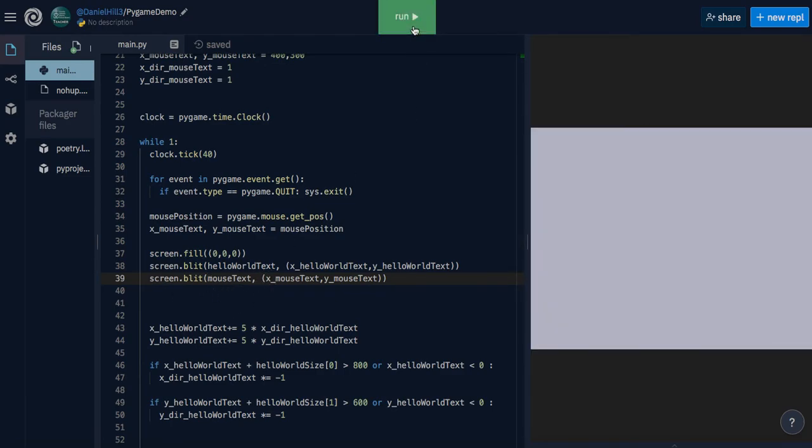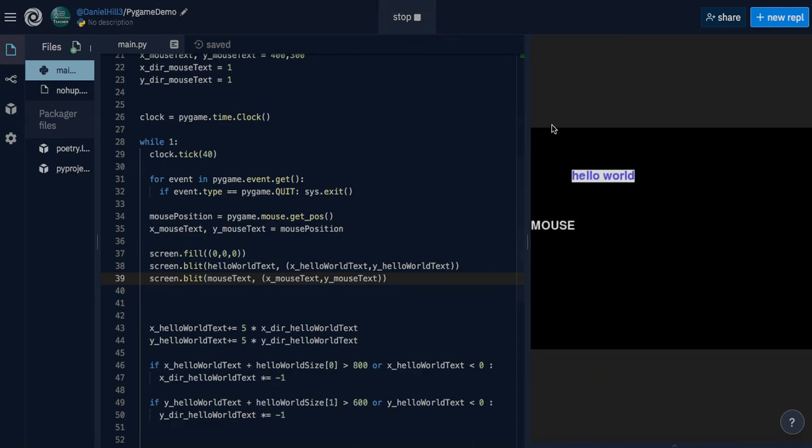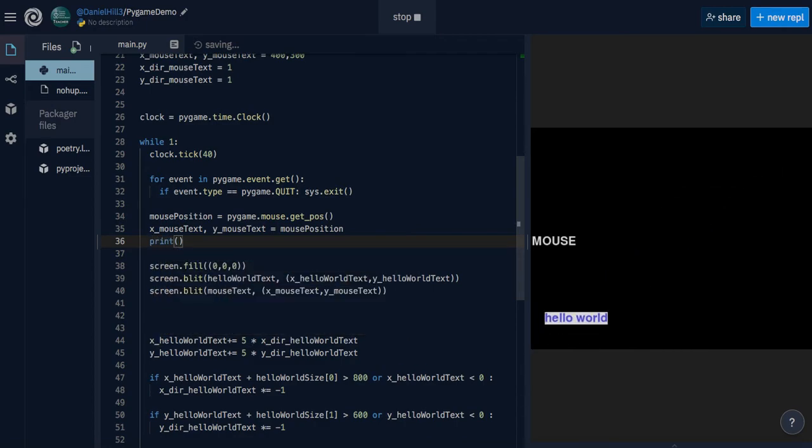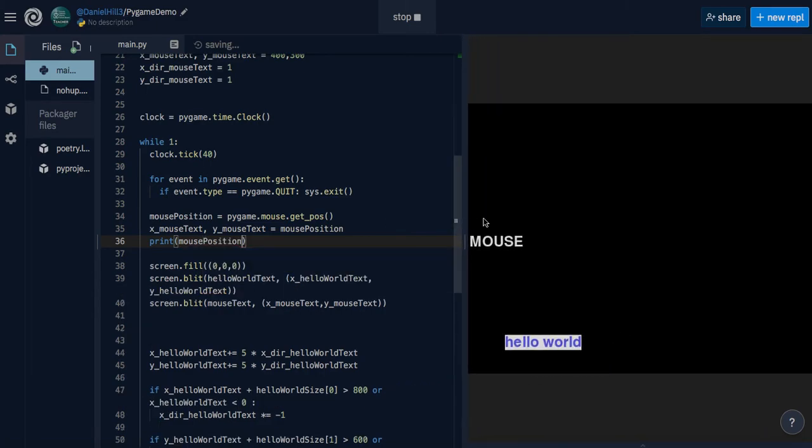So I'm going to stop this and start it. Now we're following the mouse position around. One of the things that we can do, and I'll show that to you later, is there's a couple things you can do, and knowing where those things are is useful, just the same way that we would debug code. Sometimes we can use print statements to